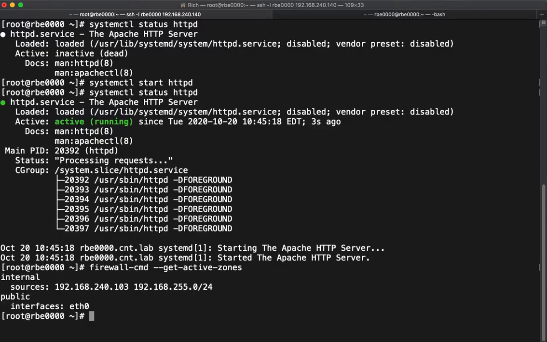We can look at that with some of the commands from the previous learning we've done. firewall-cmd --get-active-zones. We have the internal zone from these sources, and public is used on anything going to eth0 from other sources. So we're going to go ahead and modify the public zone to let HTTP in, not HTTPS, HTTP in. So firewall-cmd --zone=public